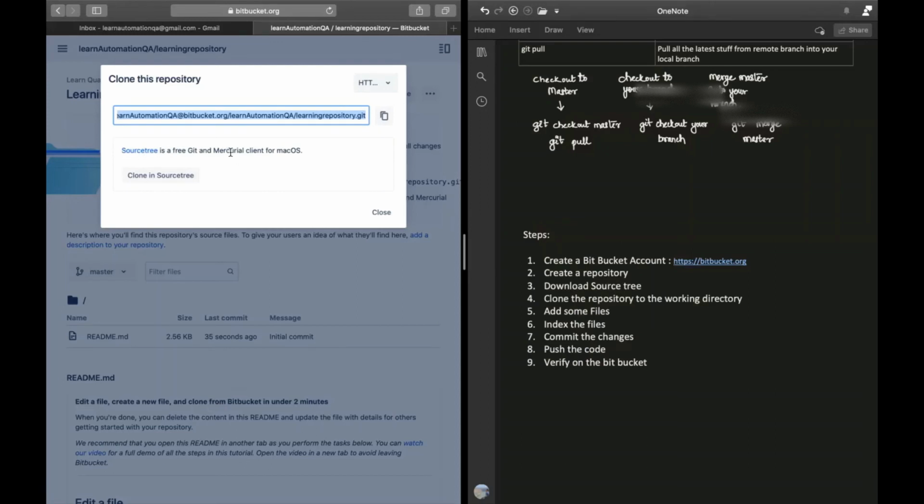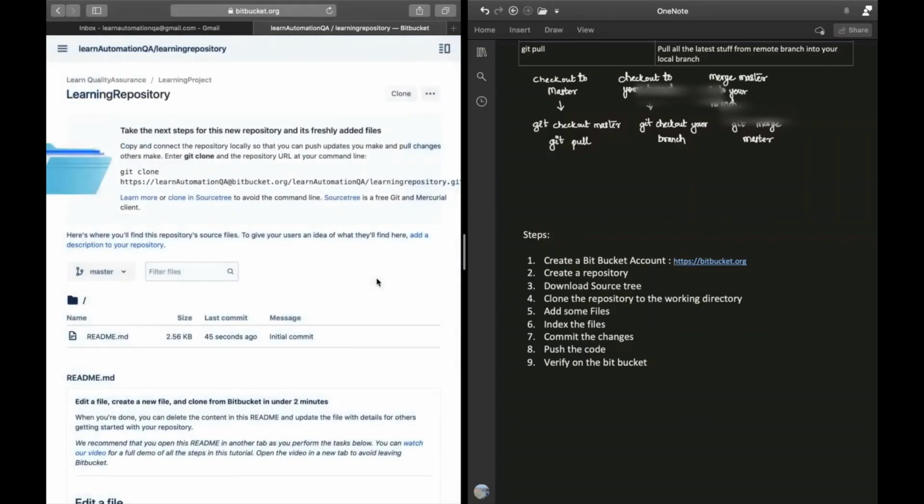It is a free Git and Mercurial client for macOS. So you can either use this as well. Sourcetree is given by Atlassian. All right, so today we are going to download this Sourcetree, and we'll set up the Sourcetree for now.